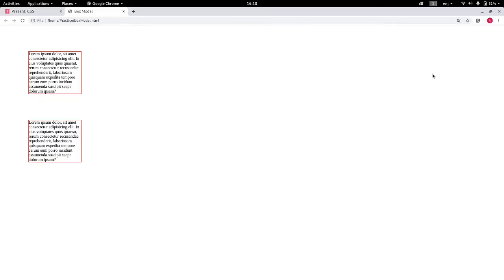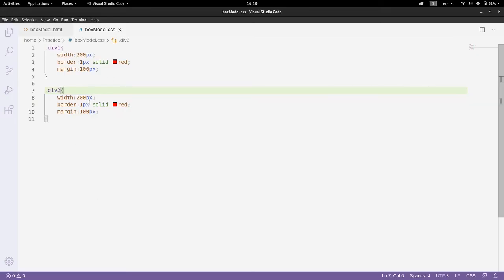Okay, as you can see there is a 100 pixel margin, actually 200 pixels margin between these two division tags. So what different can we do? This was the shorthand property. This would set a 100 pixel boundary around all the sides.